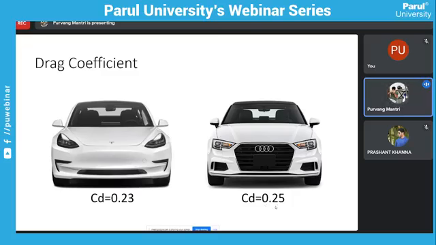The drag coefficient for the Audi is more, with a factor of 0.02. So even though the frontal area of the Audi is less than the Tesla, somehow Tesla's drag coefficient is less compared to the Audi's drag coefficient. Now, we assumed to neglect the area of the grill over here, but if we think about it,